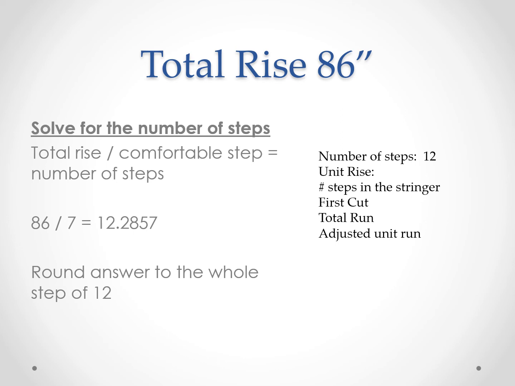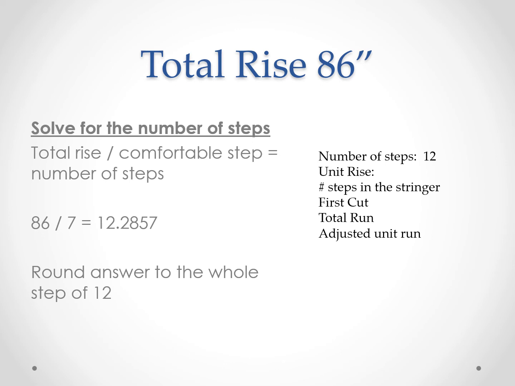So the first thing on the list, number of steps, is what we're going to do on this slide. And in order to do that, we need to know the formula. The formula is total rise divided by a comfortable step, and that'll give us the number of steps in this staircase. Not in a stringer, but in the staircase. That's the overall amount of stairs needed. With that said, total rise of 86 divided by 7, because 7 is a comfortable step,